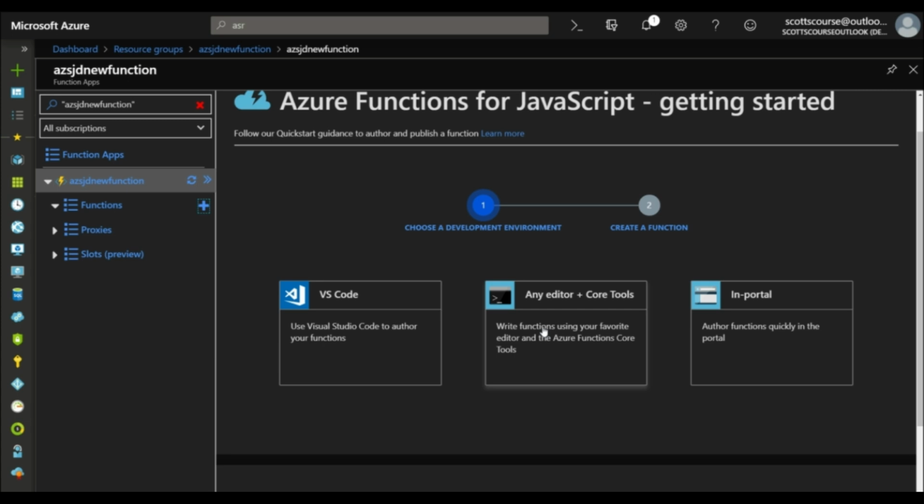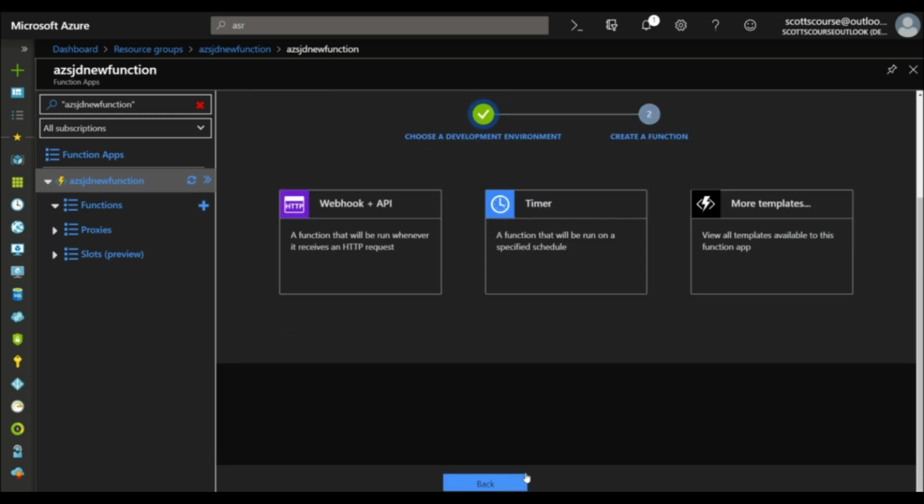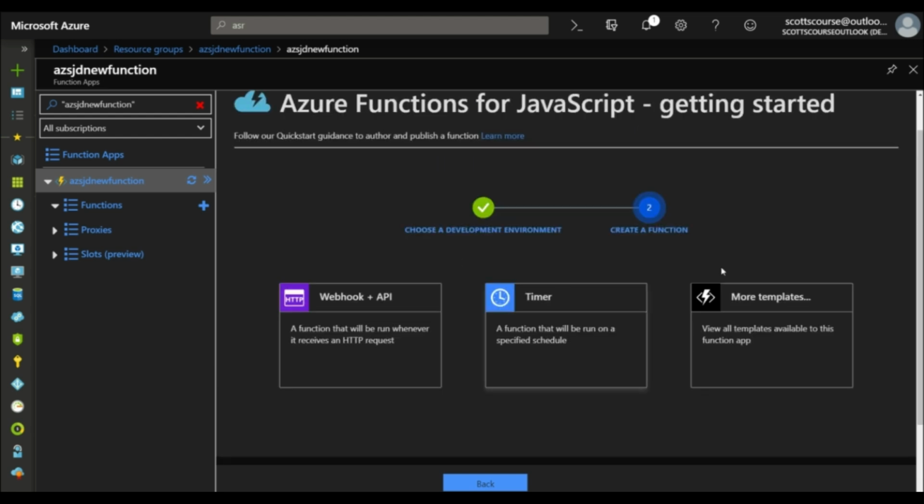You can create the function using a notepad or some type of text editor and then deploy it into this function. Or we can use a portal interface to create and modify our functions. So I'm going to choose the portal interface. Microsoft provides a